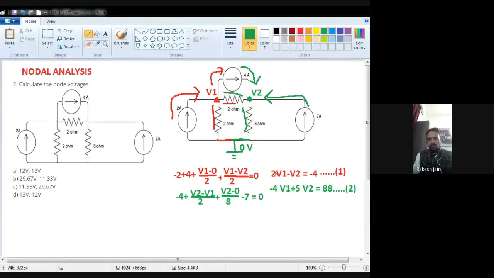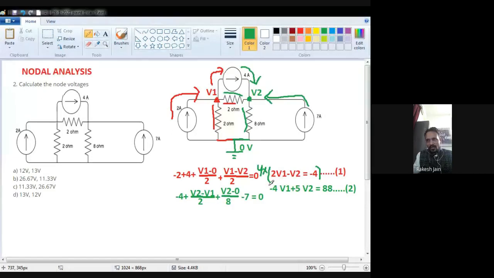So these are two steps, and because there are two principal nodes only, I have to write down only two node equations. Remember one thing, in case of node analysis, the number of principal nodes is equal to the number of equations we should write down. There are two principal nodes where the node voltages we mention as V1 and V2, so we write down two equations. Now we have to solve the equations. Because the question is to calculate the node voltages, we have to find out the voltage V1 and voltage V2 only.